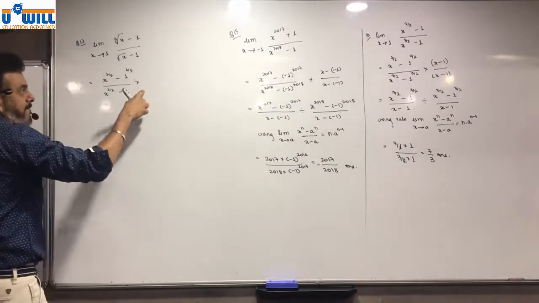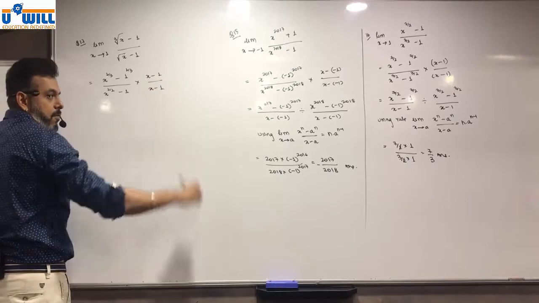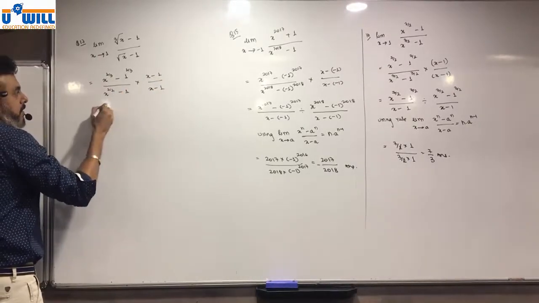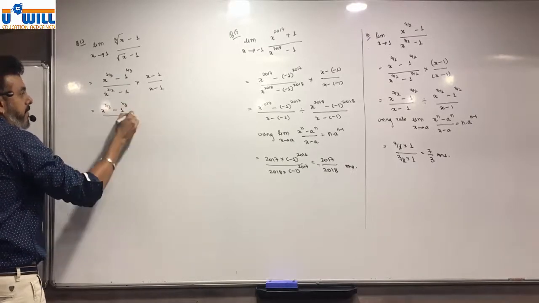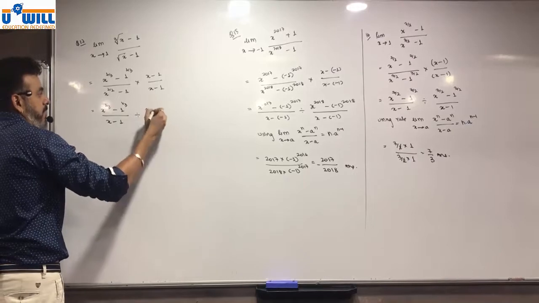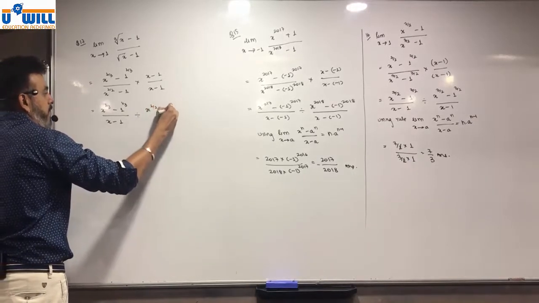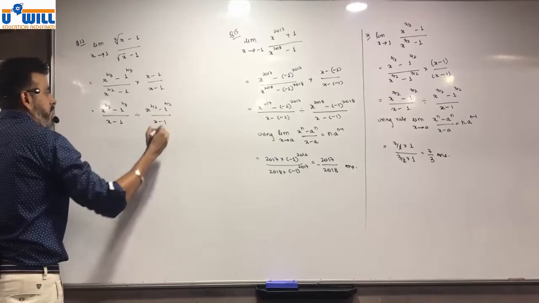Now we multiply with x minus 1 upon x minus 1, which is equal to x raised to 1 by 3 minus 1 raised to 1 by 3 upon x minus 1, divided by x raised to 1 by 2 minus 1 raised to 1 by 2 upon x minus 1,